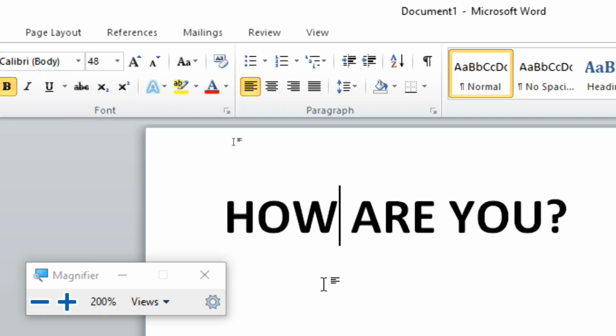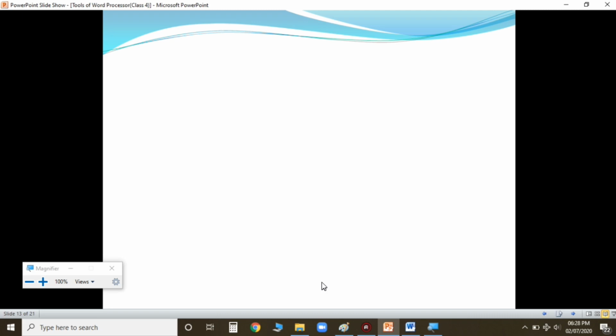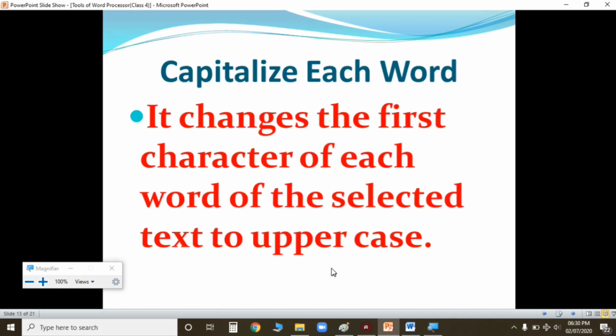Yes children, next is capitalize each word. It changes the first character of each word of the selected text into uppercase. When we select the text, the first letter of each word becomes a capital letter. Now I am going to show you.